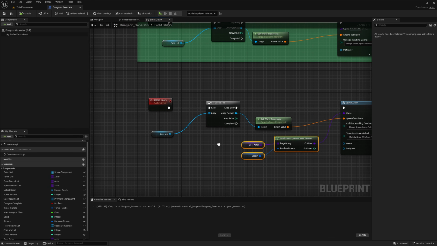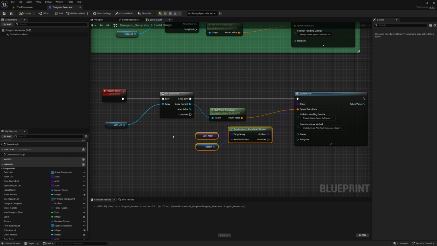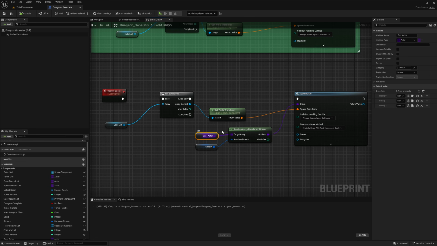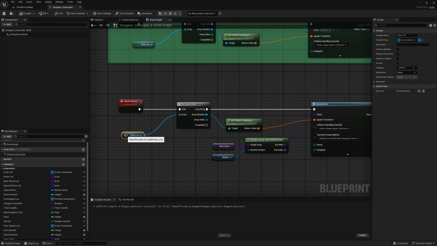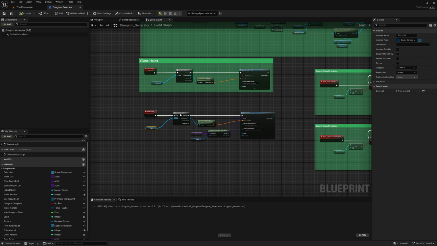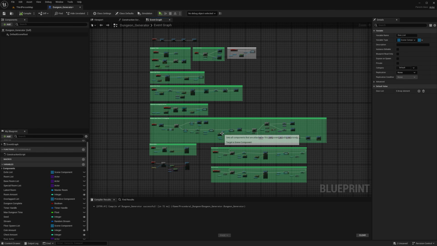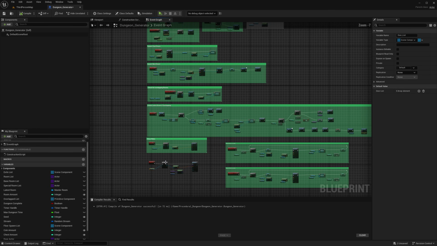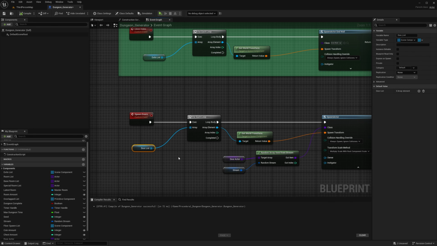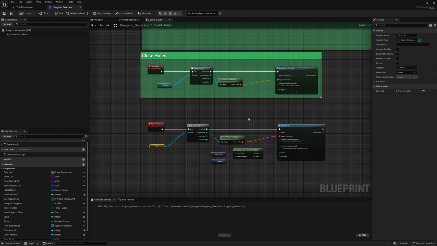Compile. And this should work, guys. So the problem right now is that we haven't made any doors, right? And there's nothing in the door list because we haven't put anything in the list. We need to go in somewhere here and put the arrows we need into this list. So that's what we're going to do now. Let's just make sure we have something in the door list to begin with.